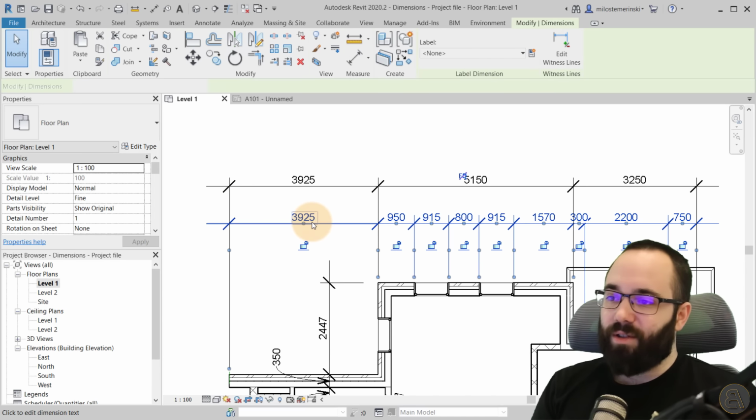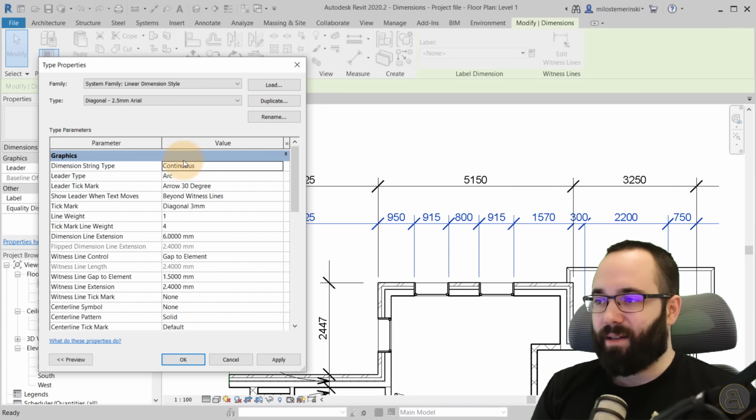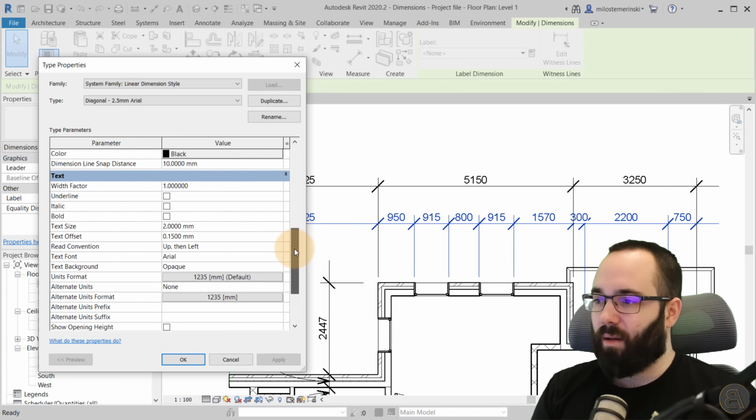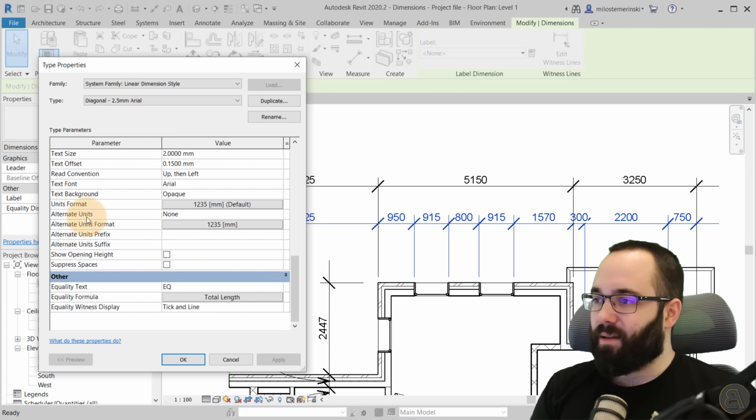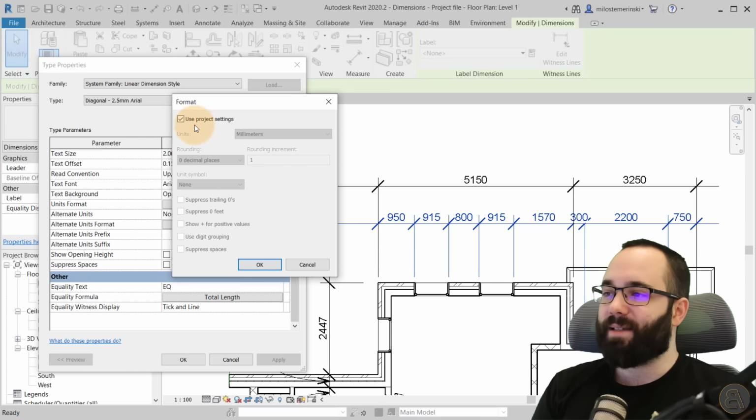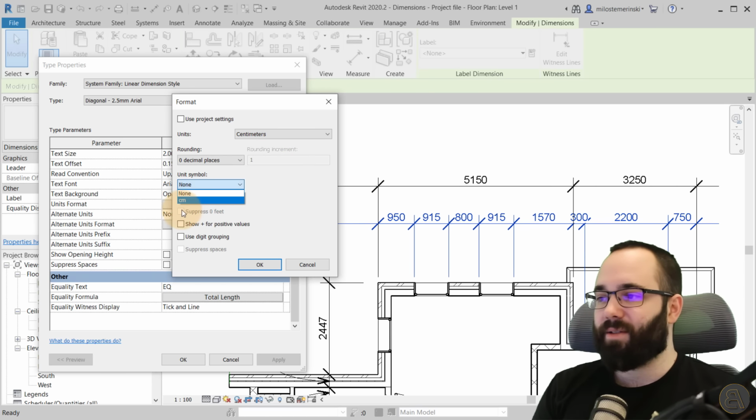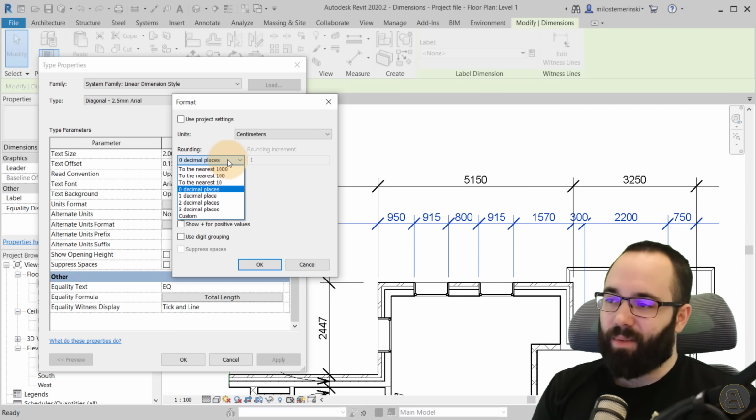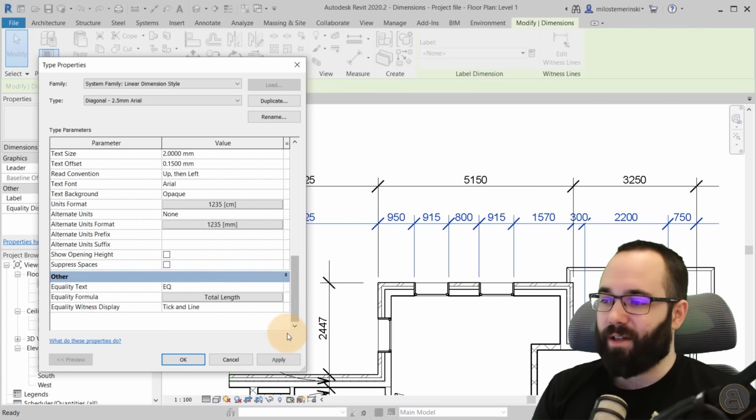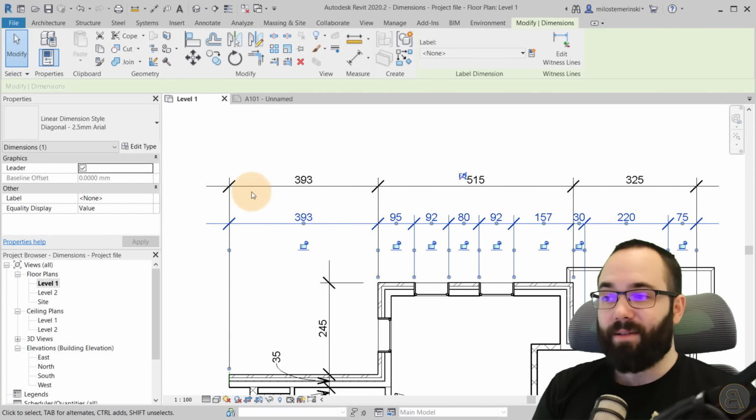So again, I'm just going to select the dimension, go into Edit Type, and scroll all the way down until we have the units format, and here I'm just going to click on this and uncheck the Use Project Settings, and now I can change the units. So here I can make this in centimeters, I can even add a symbol if I want, I can control the decimal places if I want, but anyway, if I just click OK, apply, okay,